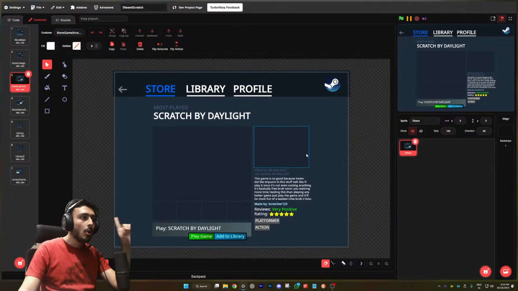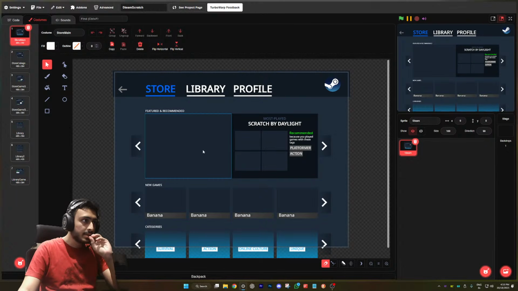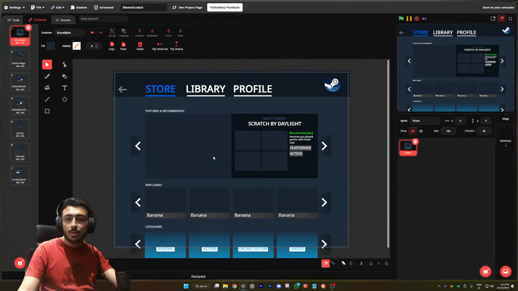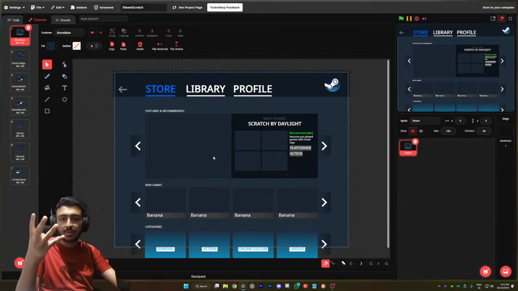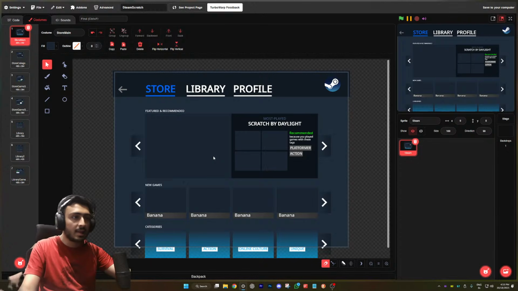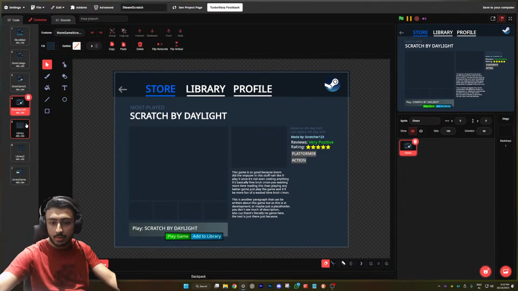You'll notice all of the image boxes are the same size. If you look at this, it is huge, but if I pick this one up and make it larger, it's in the same aspect ratio. This way I'll be able to reuse all the images. If someone is making a game and they give me four stills of their game, I can just use them anywhere I want. So there won't be any extra assets left over in the project. This will help with file size, I think. What do you guys think about this?